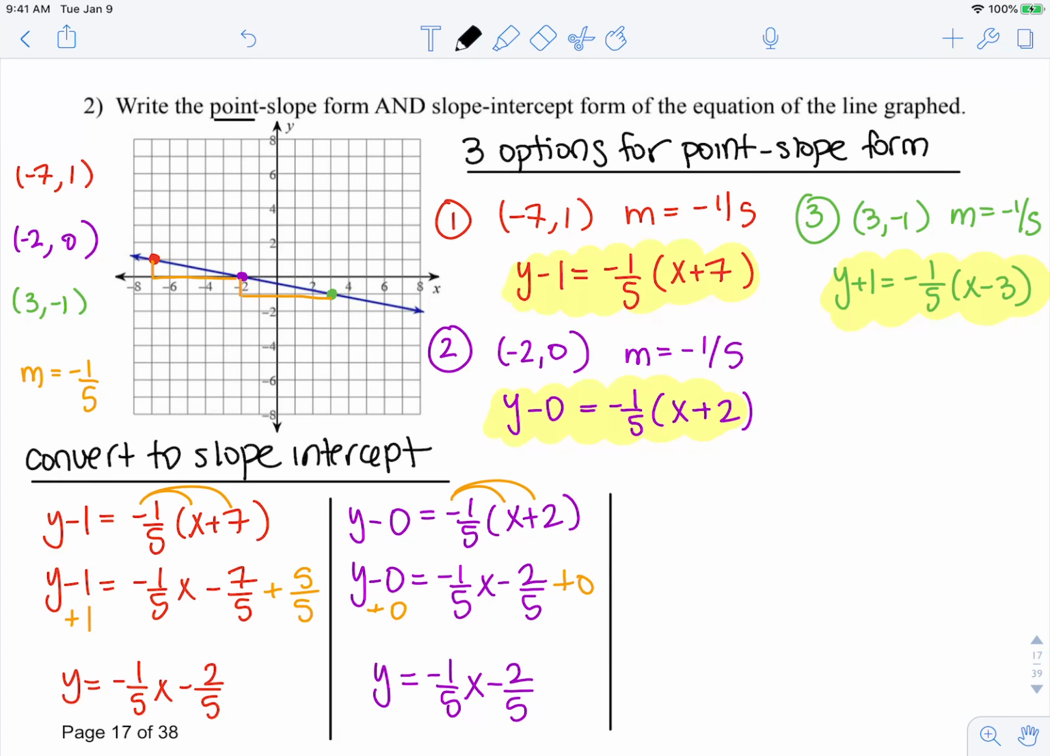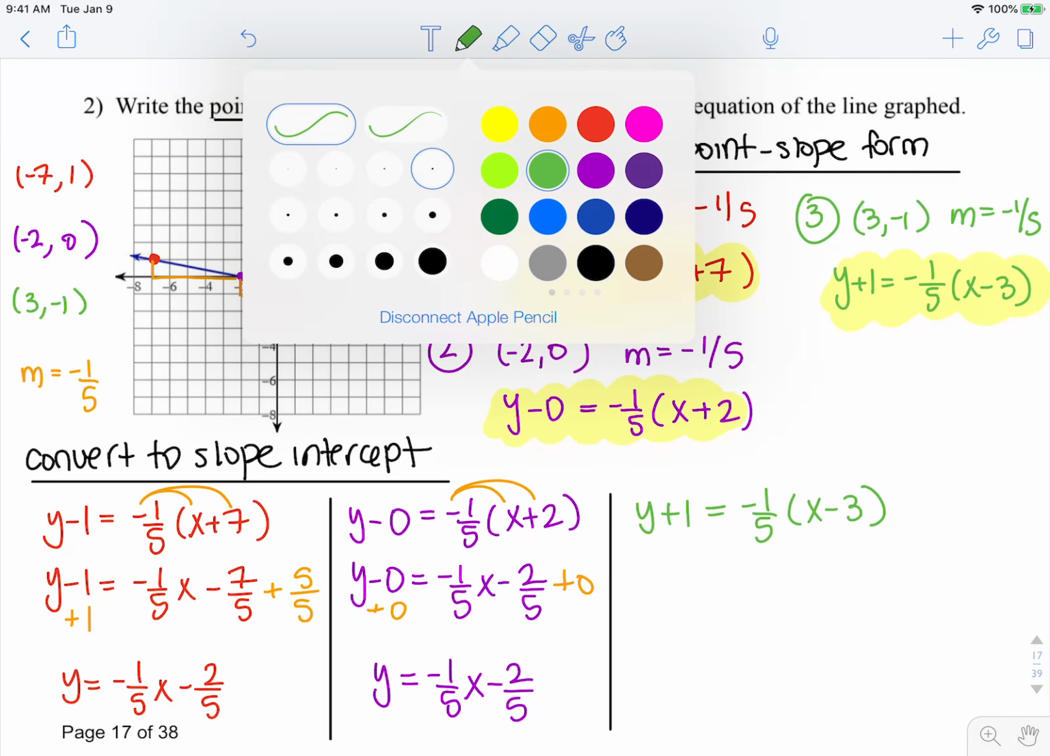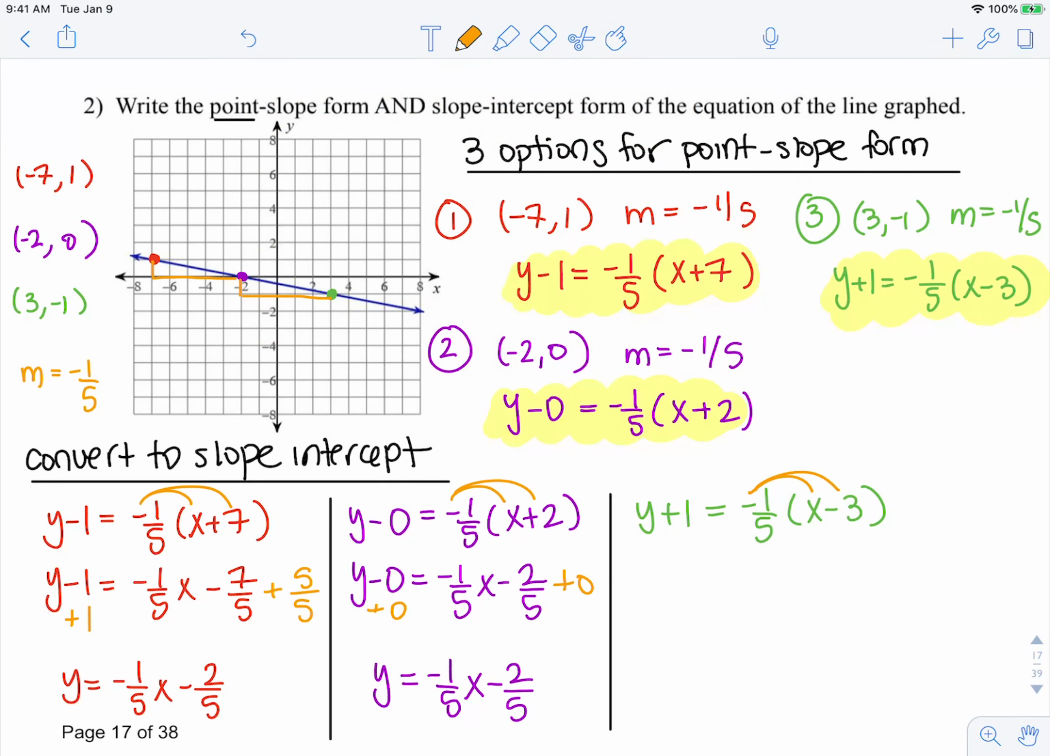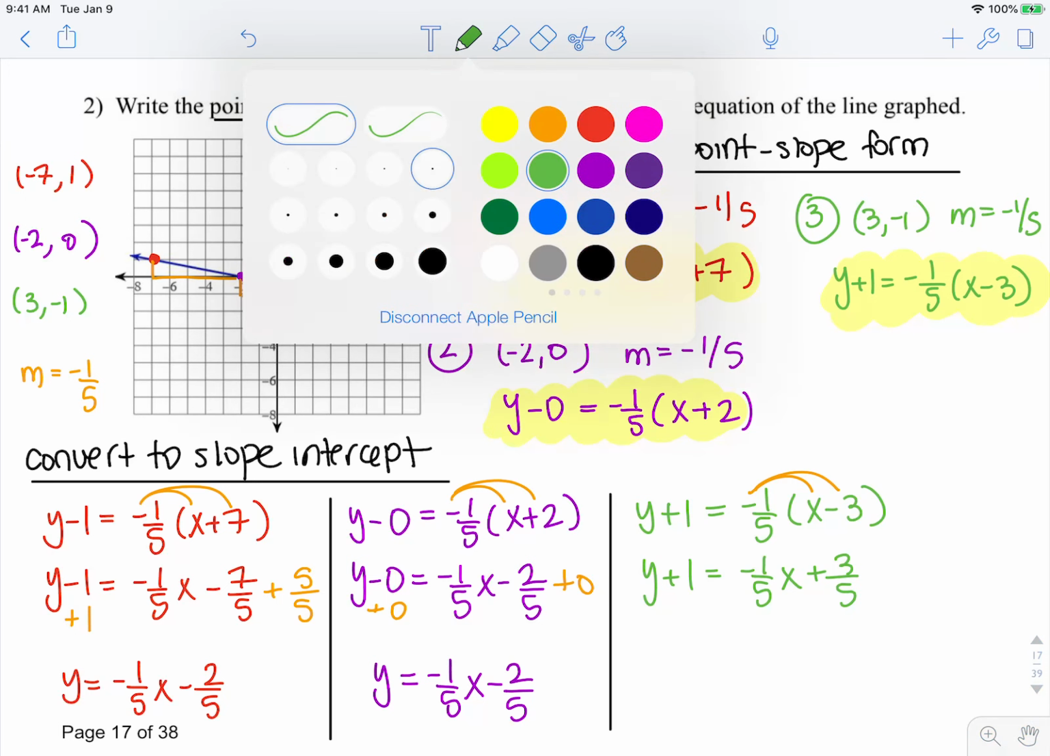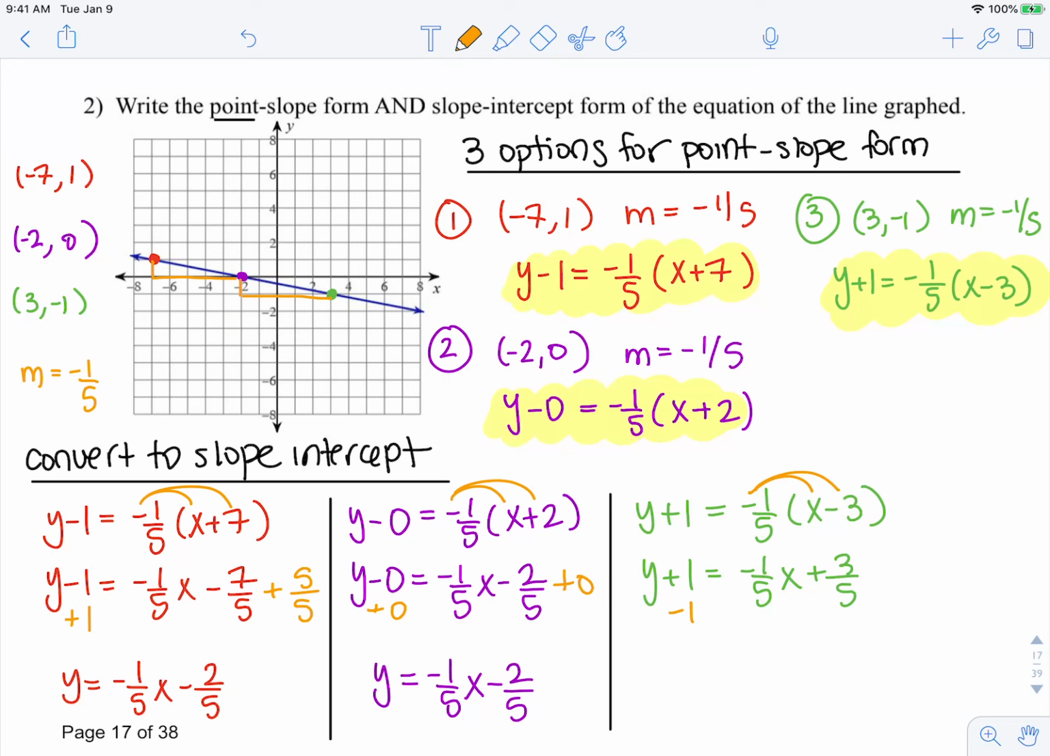Let's convert the third one just to confirm that we did it correctly. Y plus 1 equals -1/5 x minus 3. First thing I'm going to do is distribute my -1/5. Y plus 1 equals -1/5 x plus 3/5. Now to isolate y, I'm going to subtract 1, which is the same as subtracting 5/5. So that leaves y equals -1/5 x